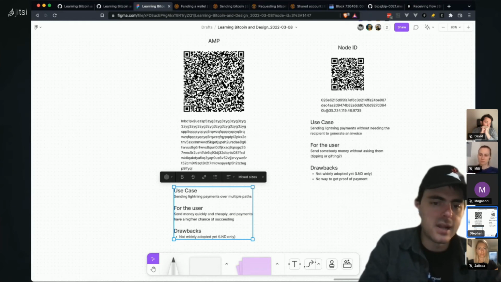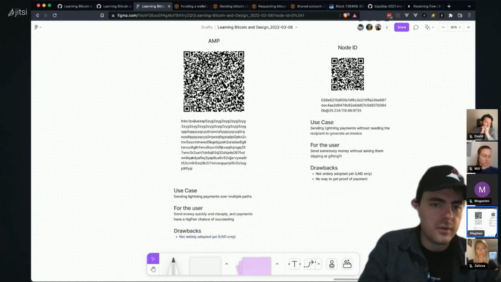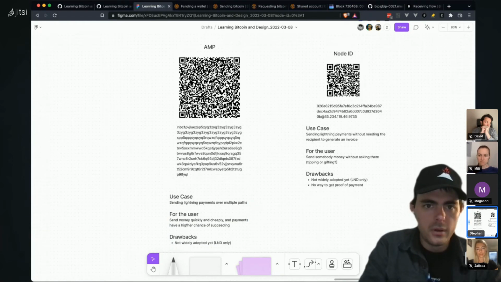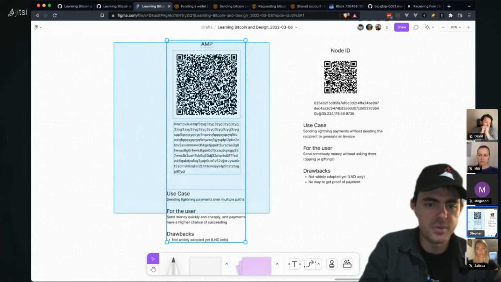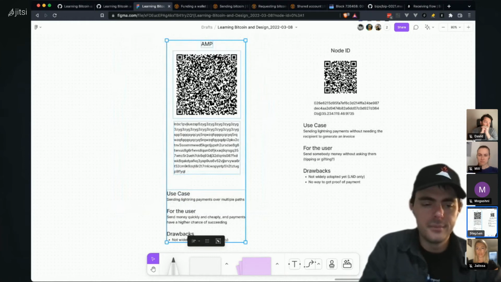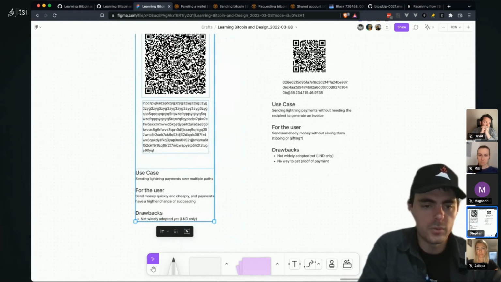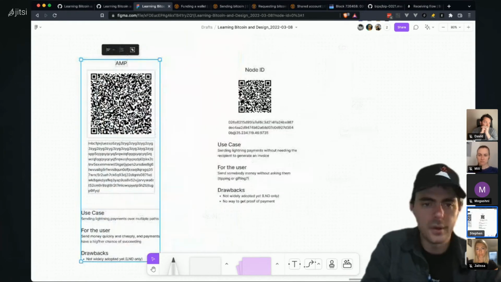Drawback is it's not widely adopted yet. So AMP is totally cool. I dig the idea. We do list it on the payment request format page. I probably wouldn't stress about this too much, because there's just got to be more wallet support for it before we really have a conversation about getting